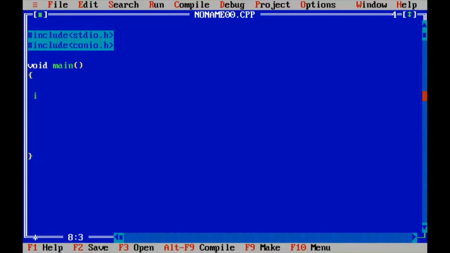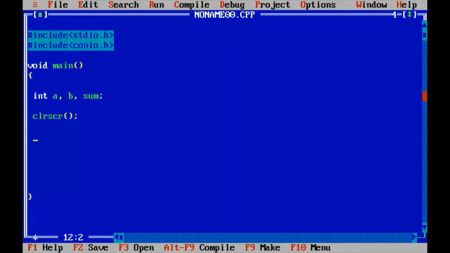Here I'll declare two variables, int a, b, and one more variable for storing the sum of a and b. So let's have this function as well. Now I'm not going to assign the values or initialize the variables a and b as we did in the last class, but rather I will ask the user to input some values for a and b.